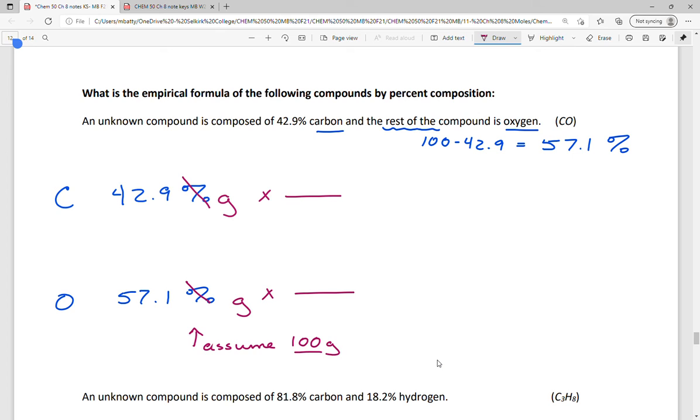So we know how many grams we have. We want to figure out how many moles we have. And so using the molar mass off the periodic table, we can figure out how many moles there actually are in this compound. Same thing with the oxygen, molar mass. And this gives us